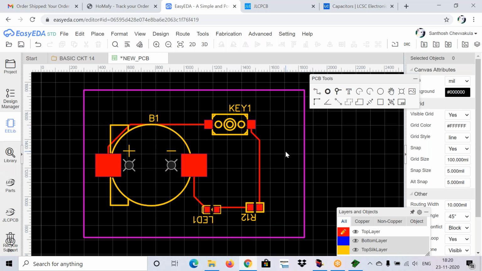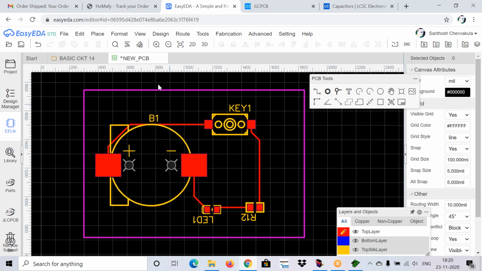Now my routing process is completed. From the battery positive terminal, we have connected to key 1, which is nothing but button 1, and from there directly to the resistor, from the resistor's other terminal to the LED, and from the LED cathode directly to the battery negative terminal. My routing is completed.